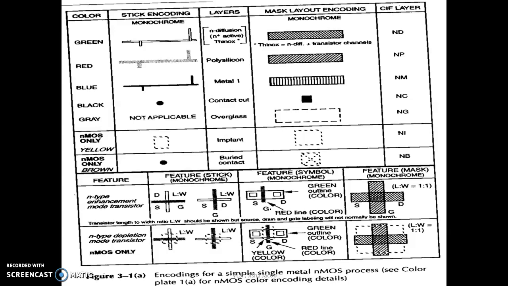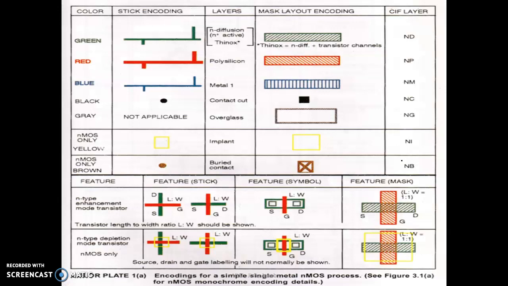What you see here is actually the layout rules doled out in monochrome. Monochrome meaning if you have only one color in your hand, that is your pencil or your black pen or whatever, how to draw the layout? That is dealt with in monochrome coding. I will not be discussing this. One of the reasons is that it's pretty hard to learn as compared to colored coding, and of course it's hard to remember also. So I think we can use our time to study the colored coding.